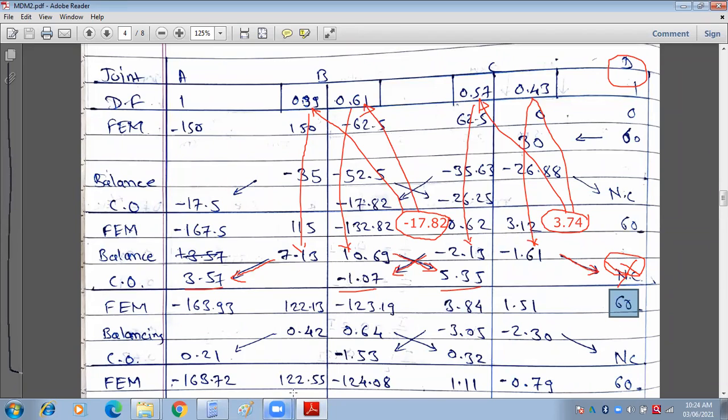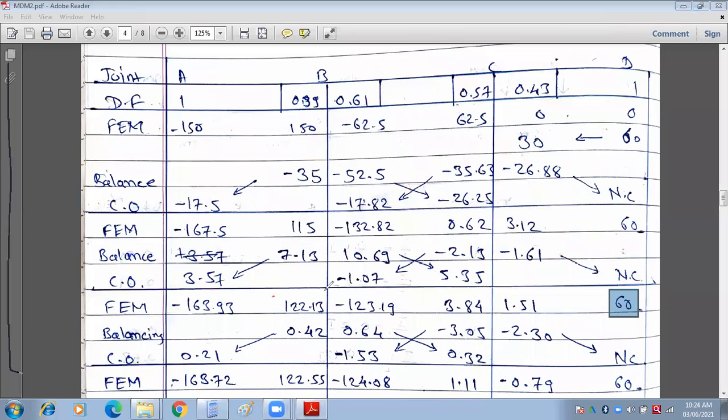it is. And once you have made this iteration, again check whether these moments are balanced or not. If it is not balanced, make again the procedure same, the same iteration, make the difference of these two. If this difference is again minus, we have to apply the plus moment over here.